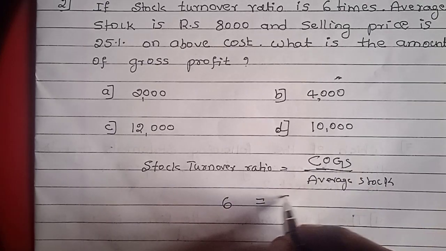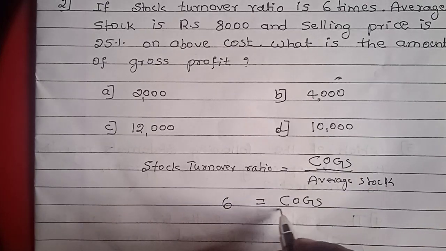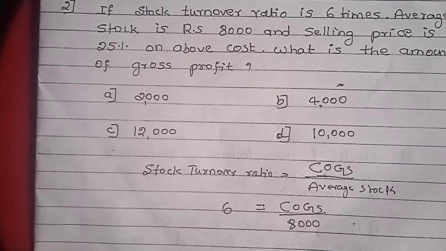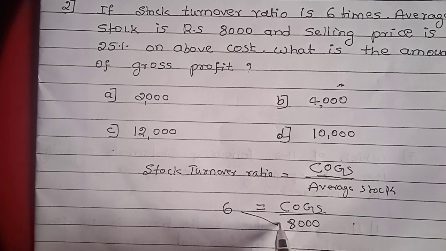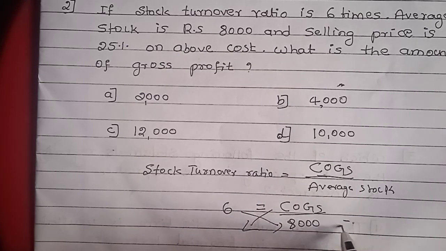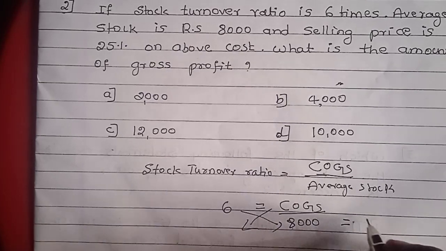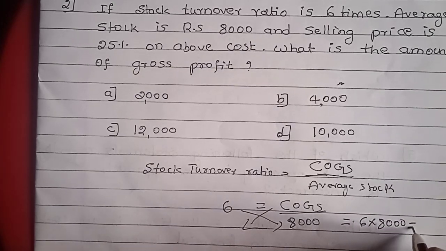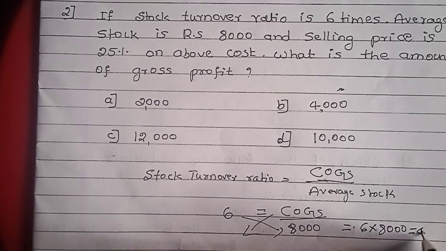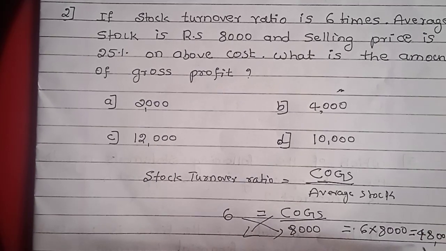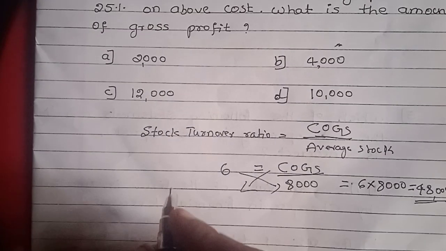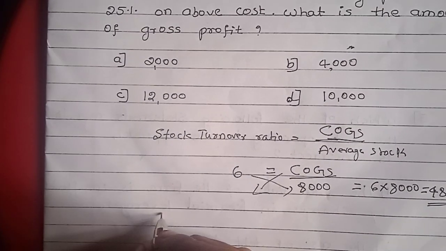Cost of goods we don't know. Average stock they have given 8,000. So we have to cross multiply. The answer is 6 into 8,000 is equal to 48,000. So cost of goods sold is 48,000. Now the gross profit is equal to